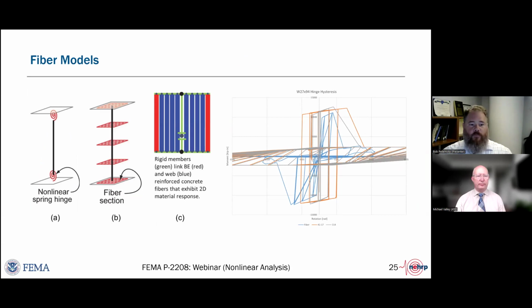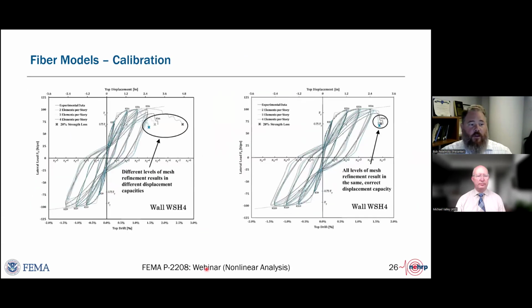But in simple terms, what it does say is you may need to build a sub-assemblage model and recreate the test if you're trying to match test data, or at a minimum, pull a hysteretic curve from your fiber model that matches what you would use if you had done a lumped plasticity model, and overlay the fiber model against the backbone curve and make sure that the fiber model is not exceeding the backbone curve or dramatically lower than the backbone curve.